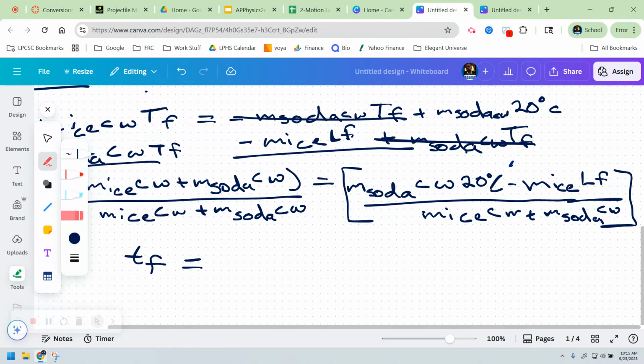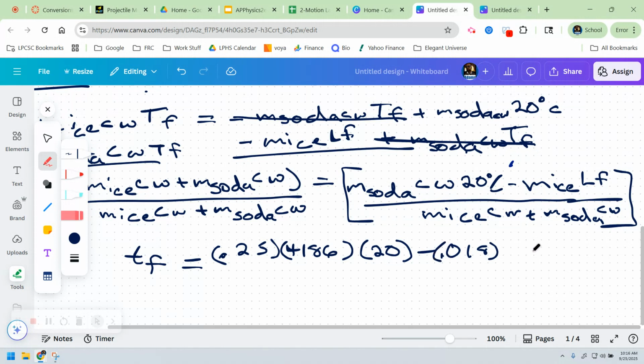All right, so the final temperature then would be the mass of the soda times this, which would technically be 0.25 times the specific heat, which is the same as water, which is 4,186 joules per kilogram Celsius, times the temperature, which is 20 degrees. And then we would subtract the mass of the ice, which technically is 3 times 0.006, or 0.018